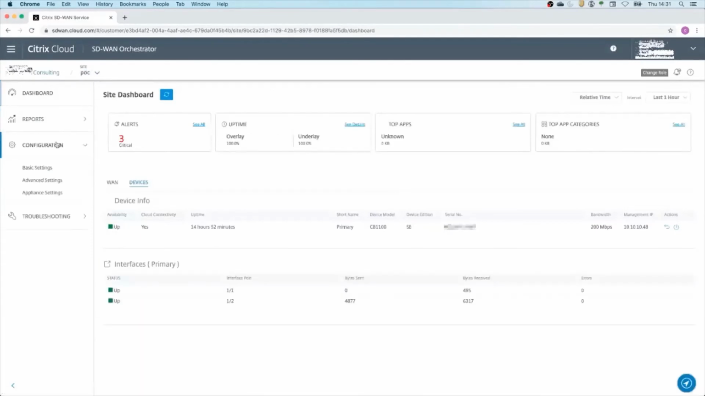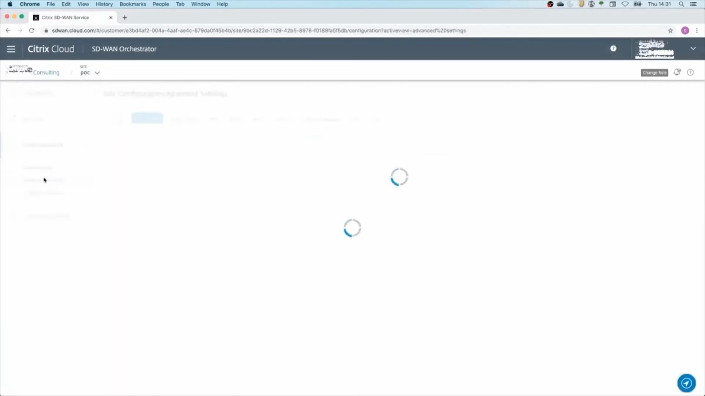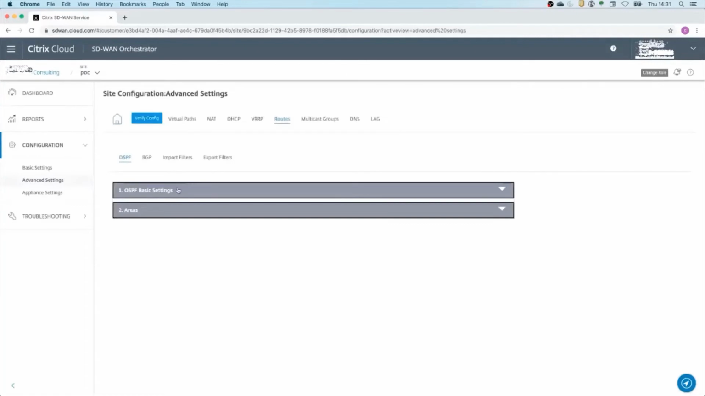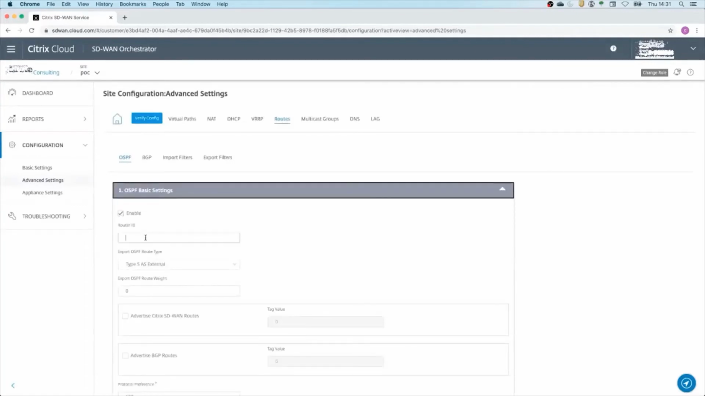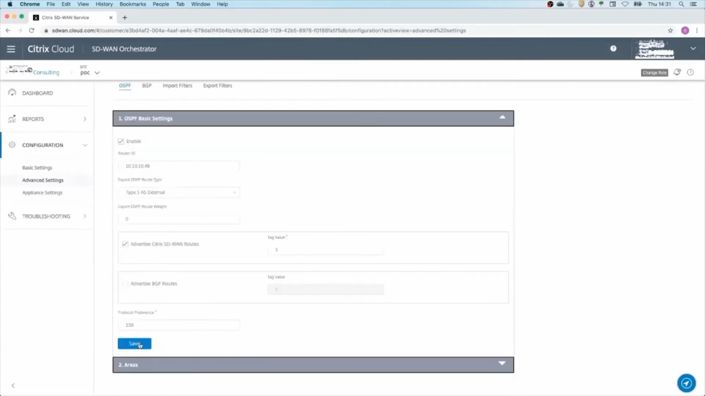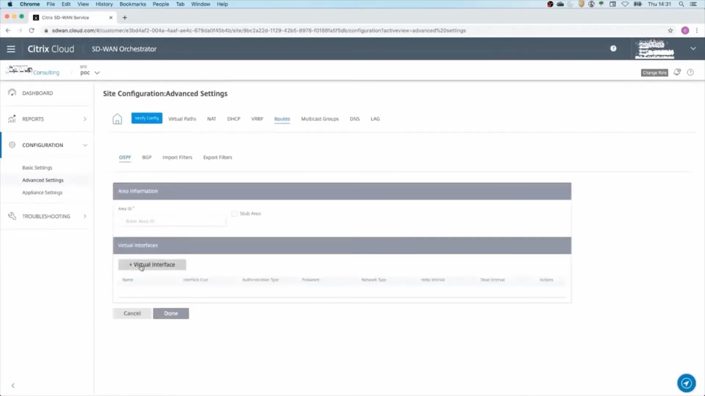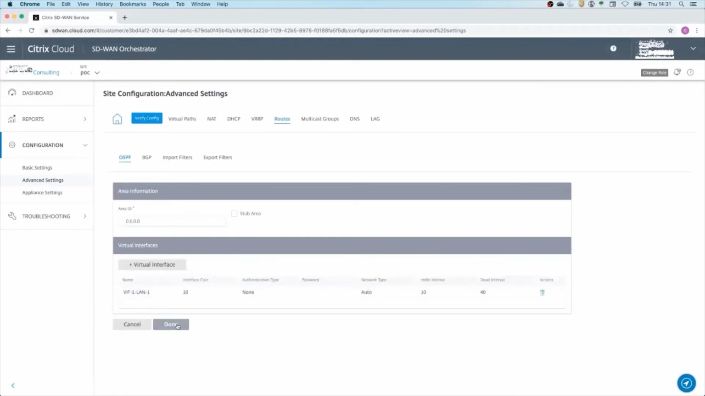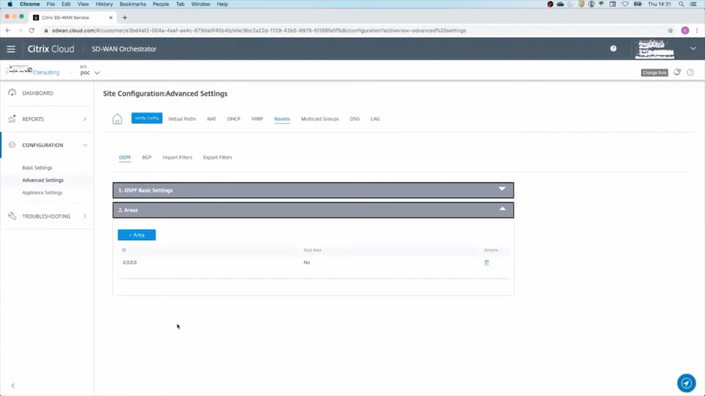Now, for our POC environment, we don't want to adjust manual routing. So we are going to do it in a more dynamical way. So we are going to create an OSPF establishment between the on-premises router and our Citrix SD-WAN. So we give it a router ID and we are going to advertise our Citrix SD-WAN routes. And we are going to define our OSPF area and interface. And this will make sure that all the routes from Citrix SD-WAN will automatically be learned by the router in